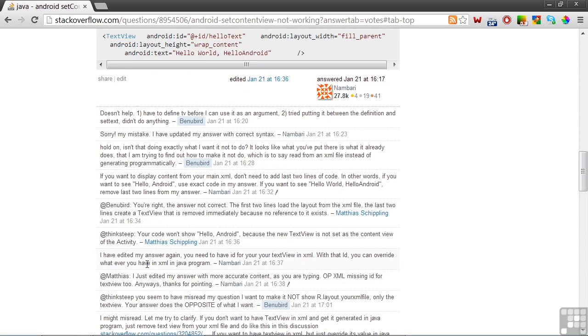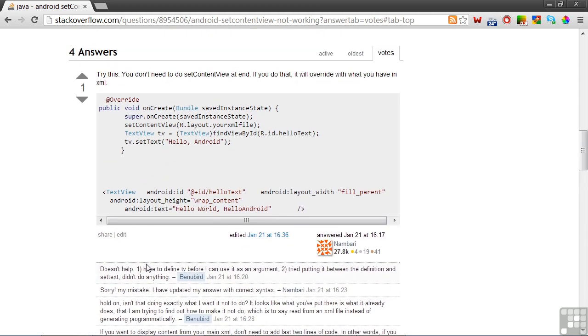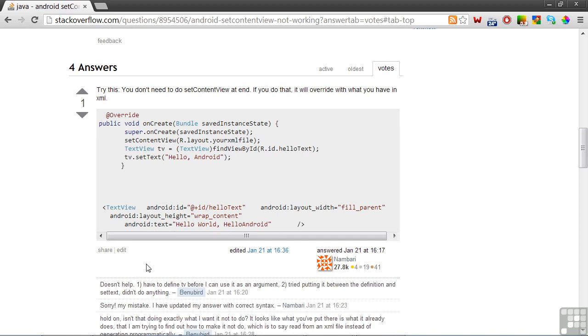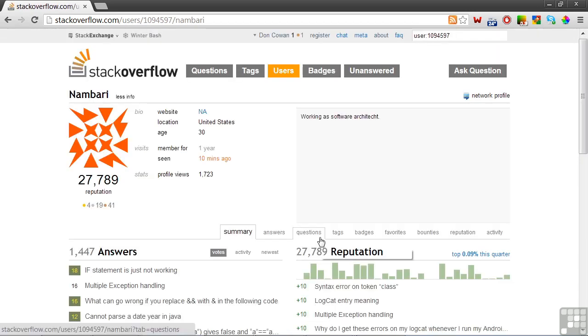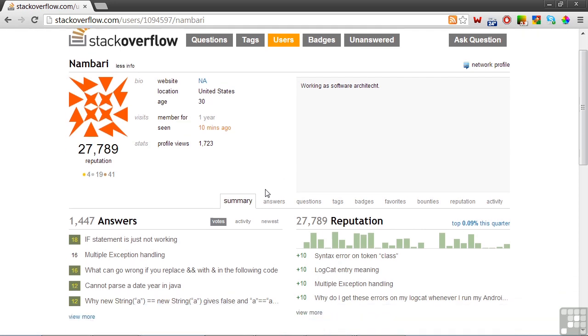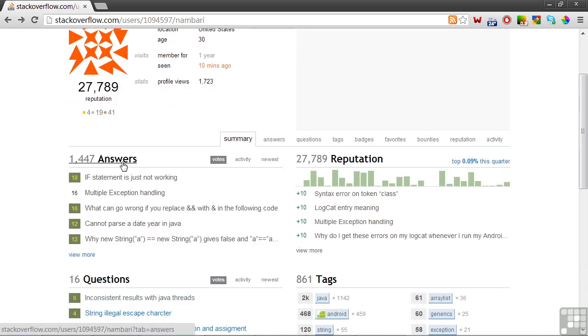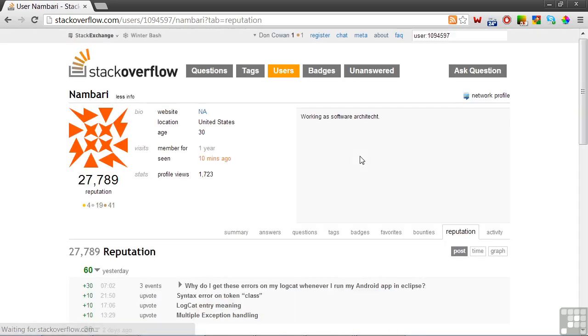What I like to do when I'm using resources like this is find a handful of solutions and then pull out what seems to be the best approach or combination of approaches. It's my experience that you'll find a wide spectrum of quality in responses, from excellent to, shall we say, not so good. If you want to research the history of a developer, you can click on the name, and you'll see a lot of information about the person. The answers that they've offered, a measure of their reputation,